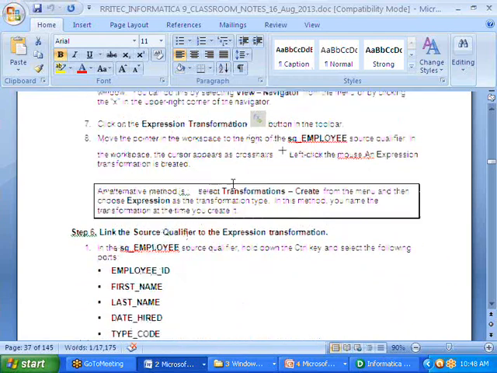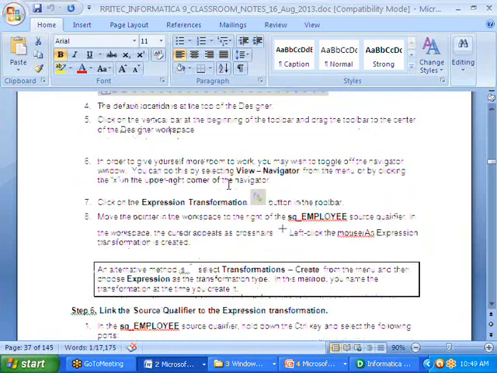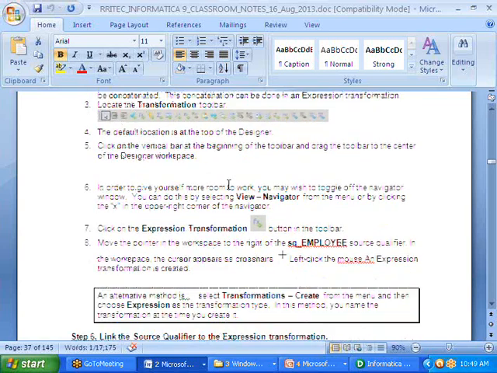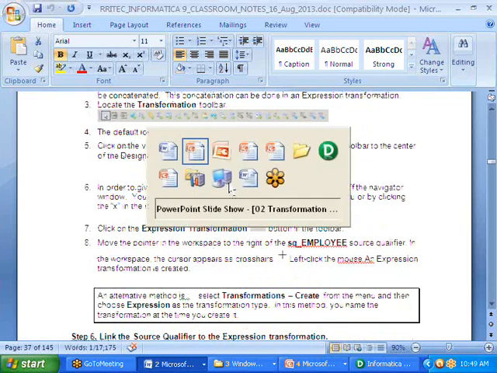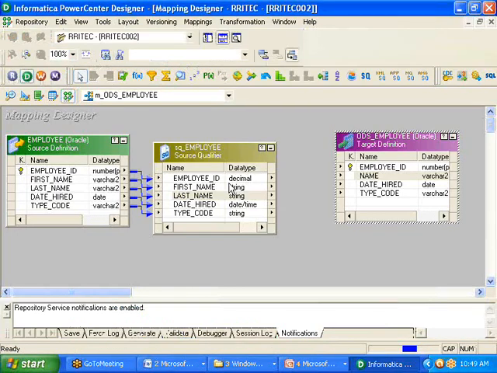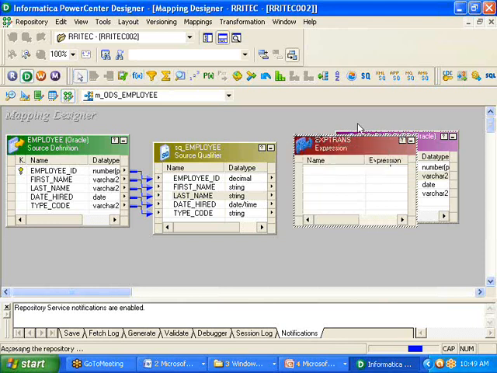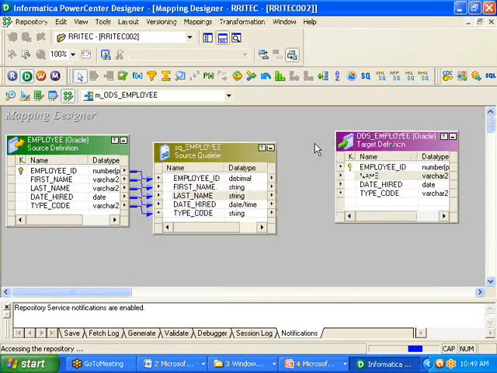How we can do that is, this is how we can do it. We can start from here. Okay, let me guide you. Now this was the work area. If you observe the toolbar, we have one of the options that is called what, sir? Expression transformation is available, right? If I click on this expression transformation, immediately your cursor changes into a kind of plus symbol, correct or not? Wherever you click now, in that place, what is coming, sir? Expression transformation is coming. This is one way to take a transformation into the work area.